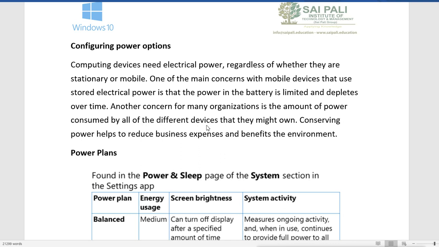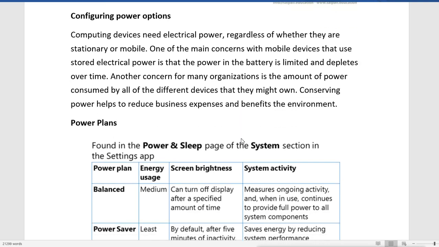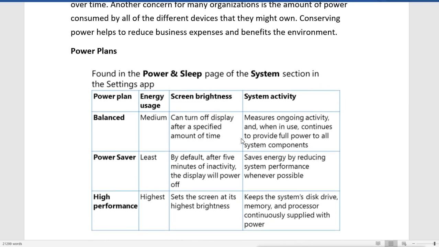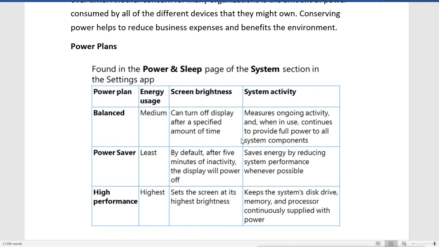So conserving power helps to reduce business expenses and benefits the environment. Basically for mobile devices, your laptop, notebook and mobile tablets, these power options are important so that you can manage the power properly, because it is limited, because it uses the battery and you cannot connect them every time. So it is important to manage the power properly.